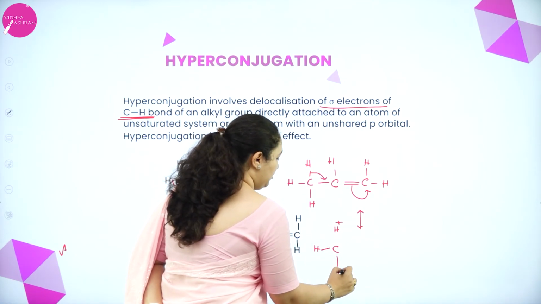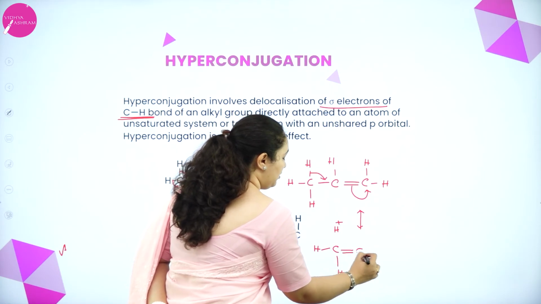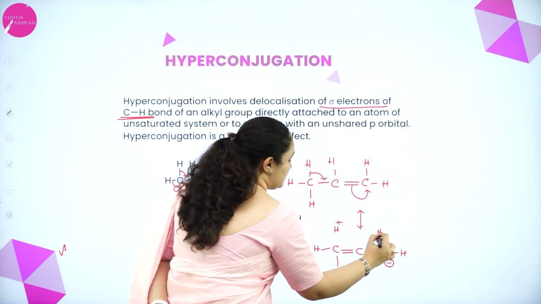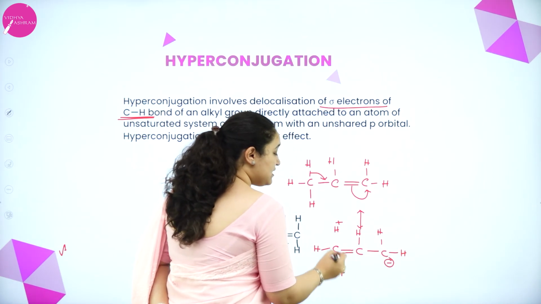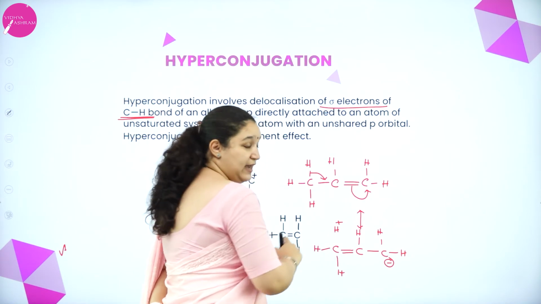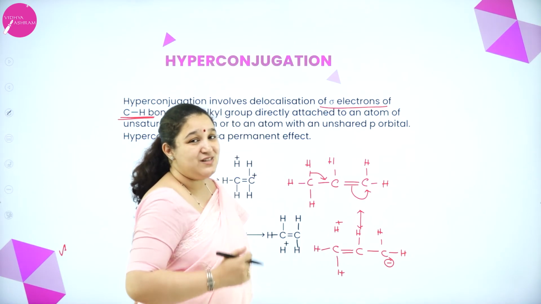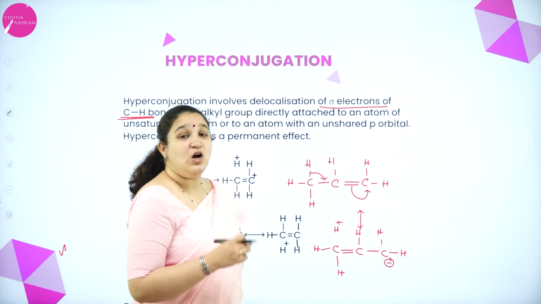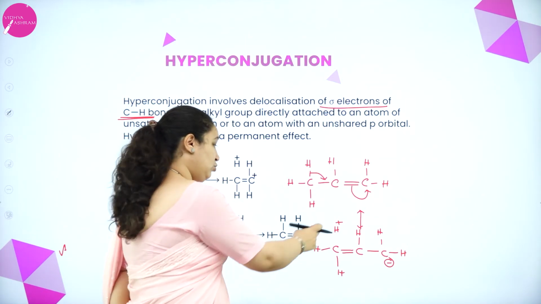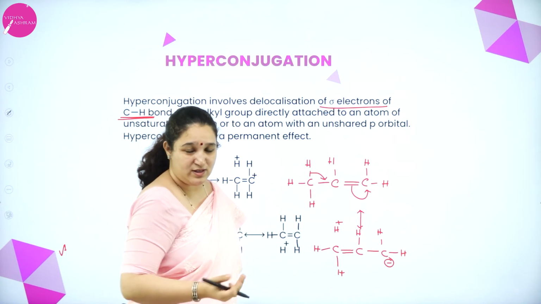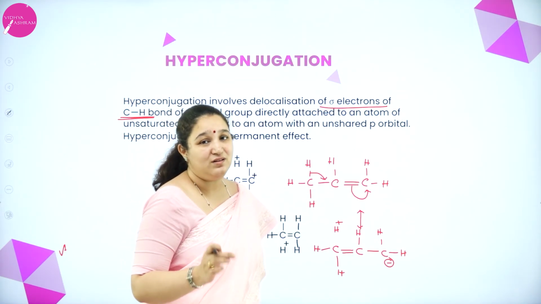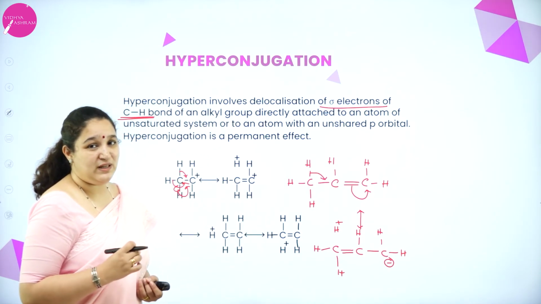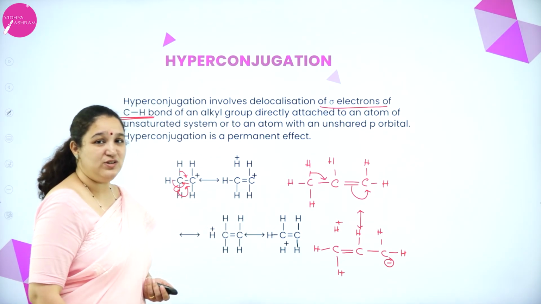I have one hydrogen, here double bond carbon, single bond carbon, carbon gets the negative charge which is attached to the hydrogen. So again there is no bond between carbon and hydrogen. So it is the hyperconjugation effect. This effect is also known as no bond resonance. No bond is there, so no bond resonance, or Baker-Nathan effect. Okay, so I hope you have understood the meaning of hyperconjugation effect.